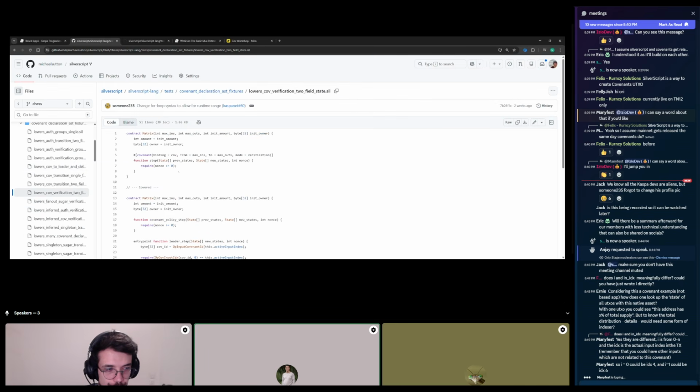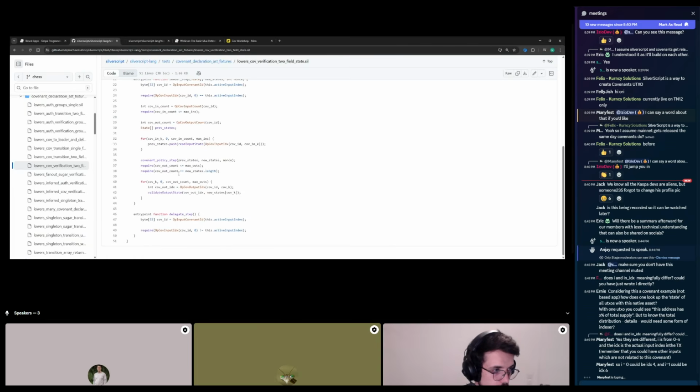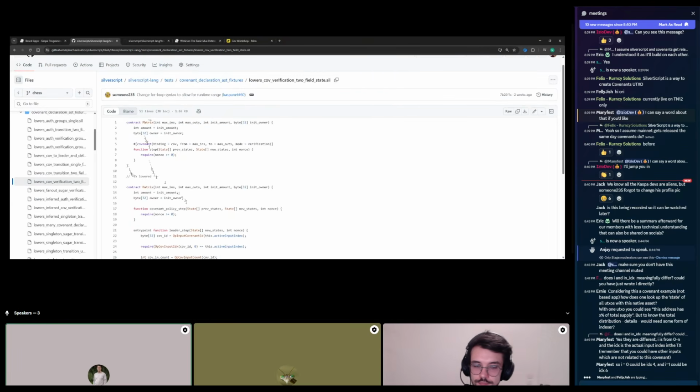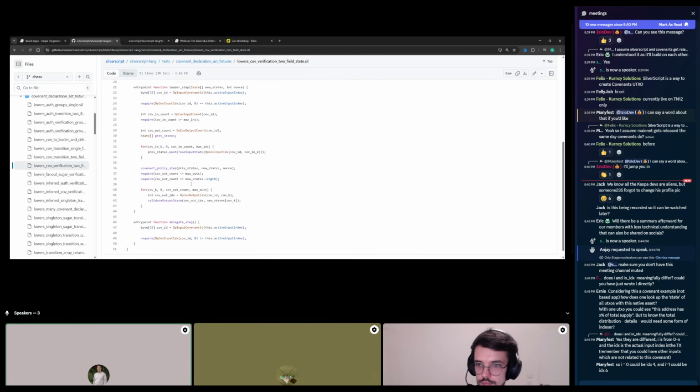So essentially, as a programmer, this is what you're going to need to write. This is my contract matrix. I'm having two values, and this is the step function. I verify the previous states and new states and args, any arguments I need for the verification, and I can verify my logic here. And actually, the compiler is going to generate all of this.